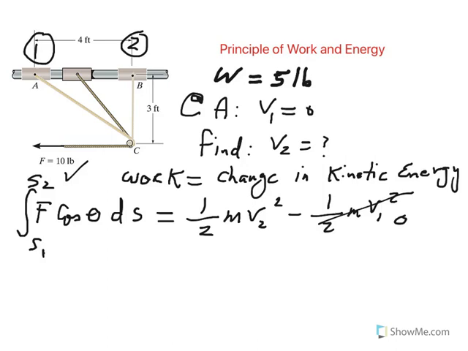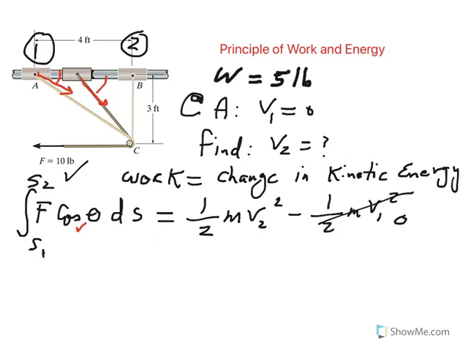So actually all we have to do is to figure out the work of this force, this constant 10-pound force, and then we are pretty much done. We can go ahead and solve for the velocity at B, or position 2. So now the question is, you could see that this force's magnitude is the same, but the angle keeps changing, right? So this angle keeps changing. So we have to come up with an expression for cosine theta in terms of this